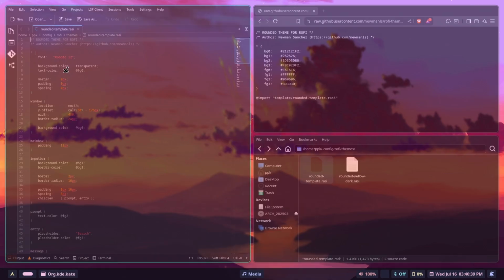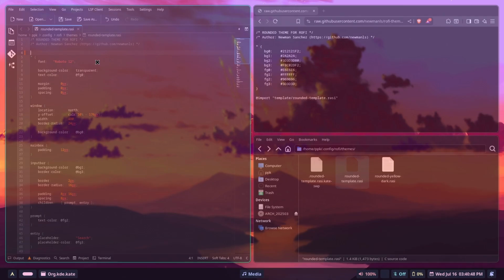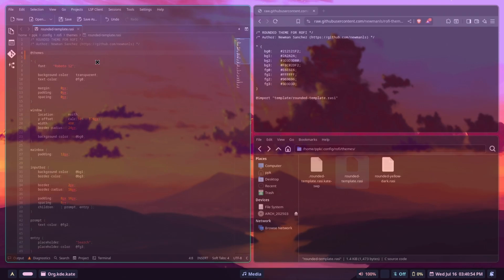So just exit that, and then you need to tell it where to get the settings. So let's make a space there and then say add theme, and then the path, though I have to get to my